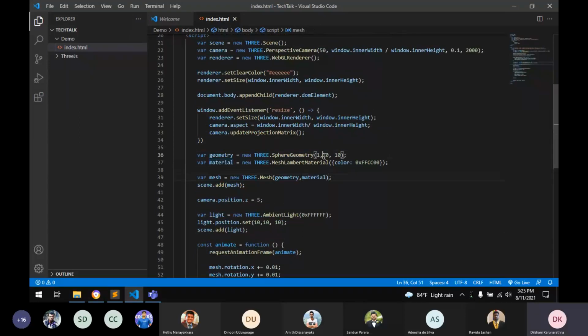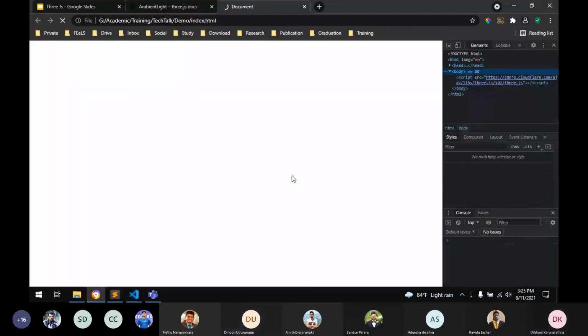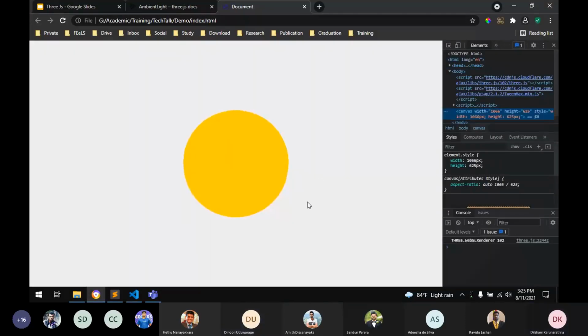define the height segments and the width segments with higher values, more like a sphere rather than previously.